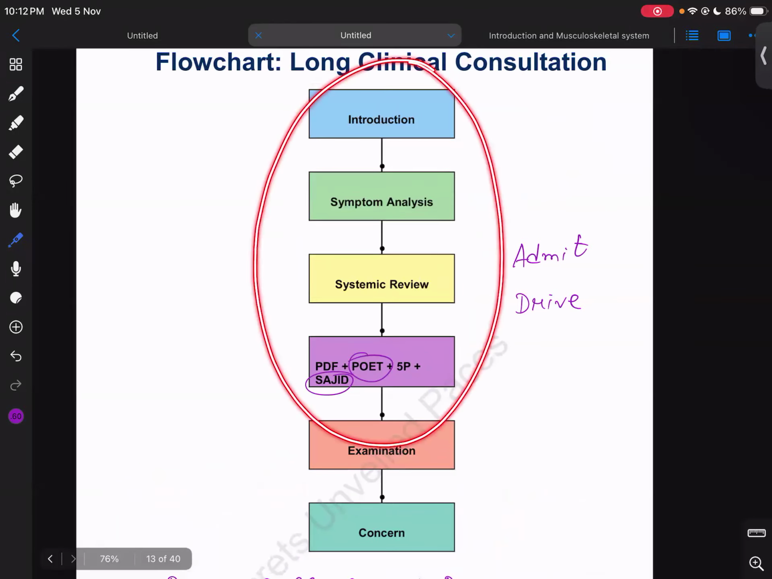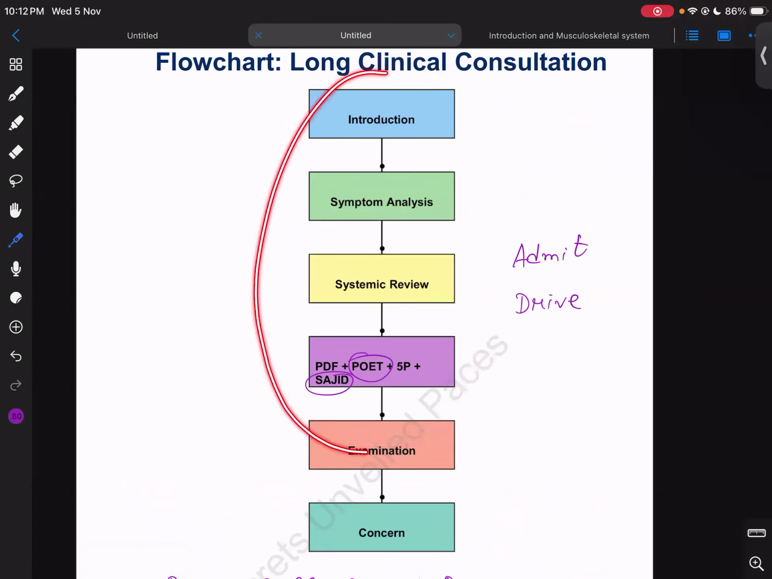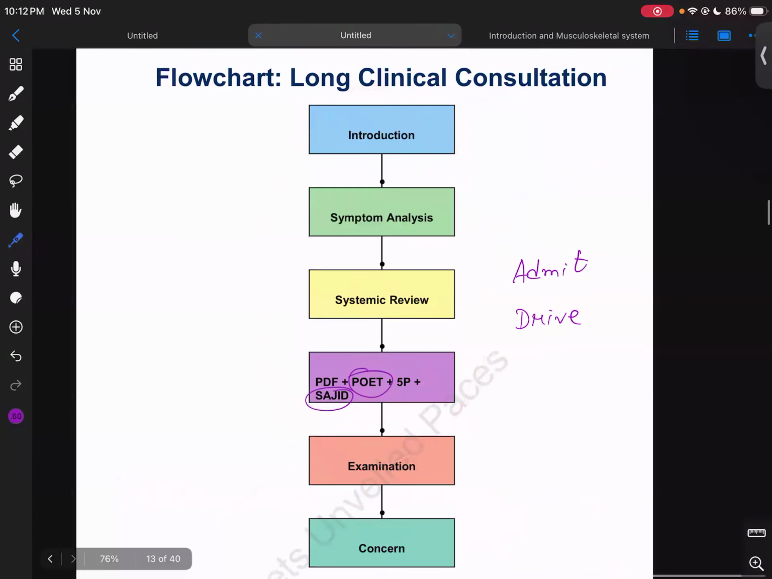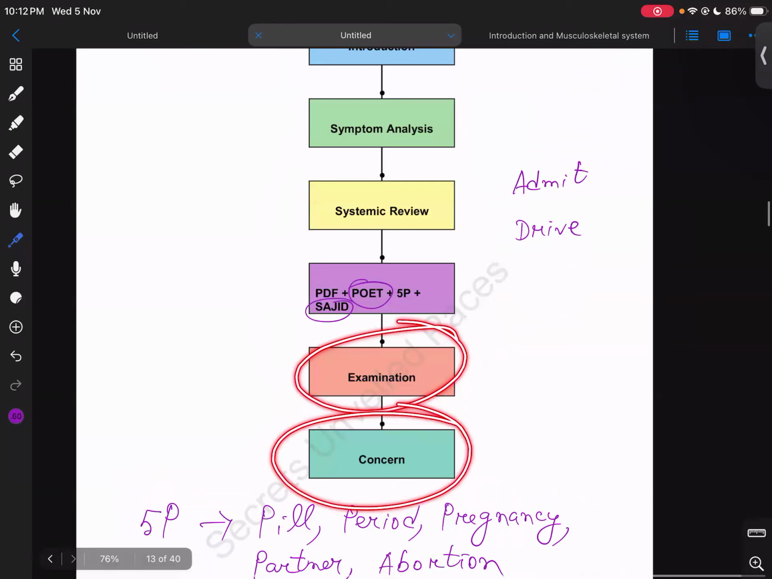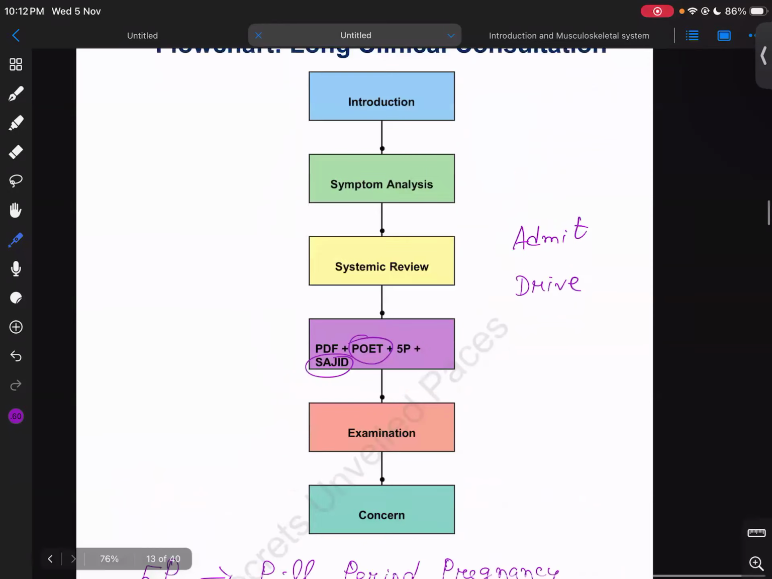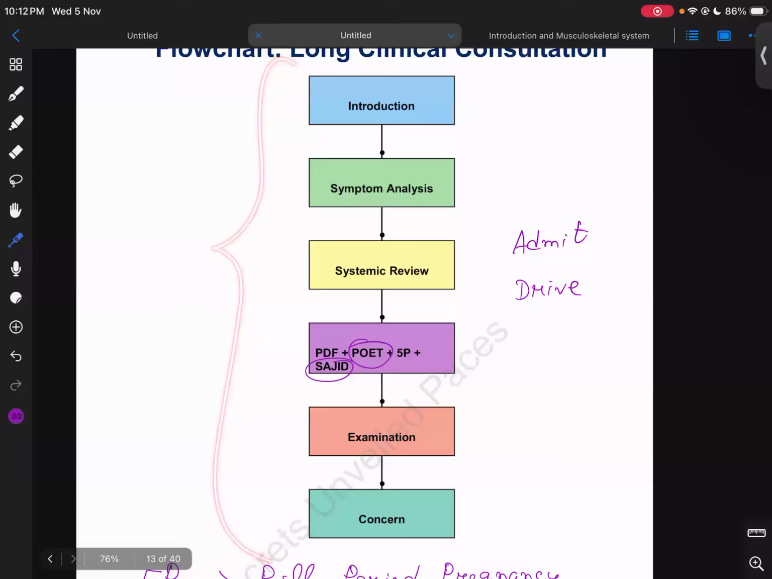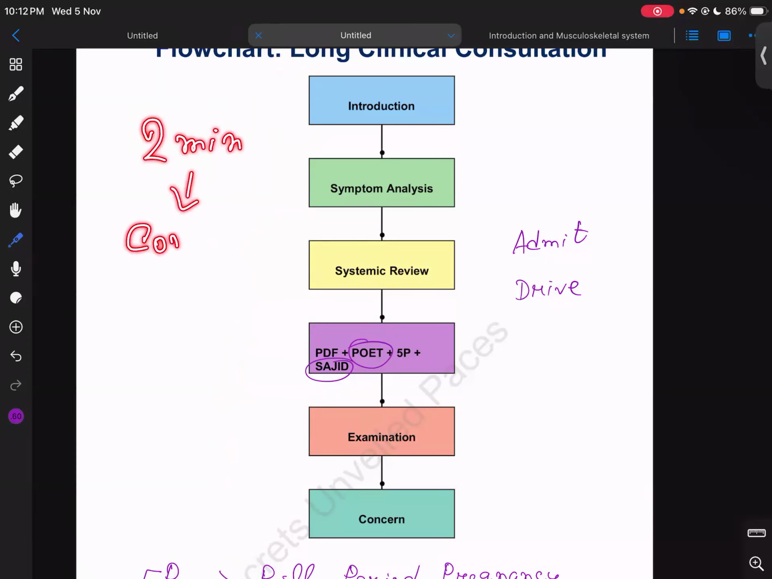Because this comprises the long clinical communication part. So after asking for history, we can start the examination. Then we have to meet the concerns. So for the PACES exam, for the long clinical consultation, for all of this, you will get 15 minutes. After 13 minutes, the examiner will tell you that 2 minutes are left. So I will request everyone to keep these 2 minutes only for asking the concerns. Because sometimes there will be 6 or 7 concerns. The surrogate will have a written list in his hands,